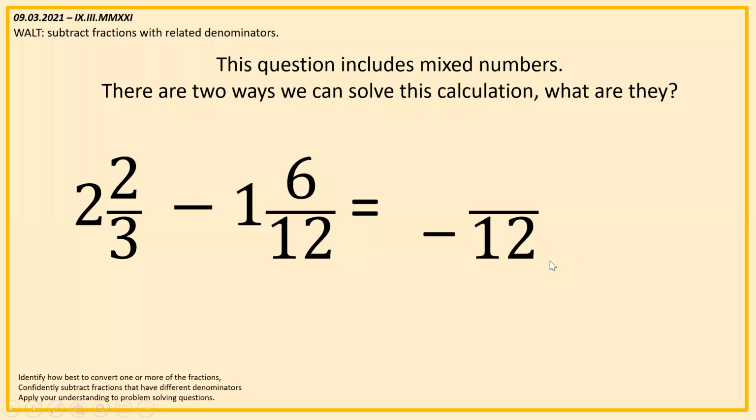This question here has got mixed numbers. So we have 2 and 2/3 minus 1 and 6/12 equals something and something 12. Now the question says here there are two ways we can solve this. What are they? Now the first one is we can just,